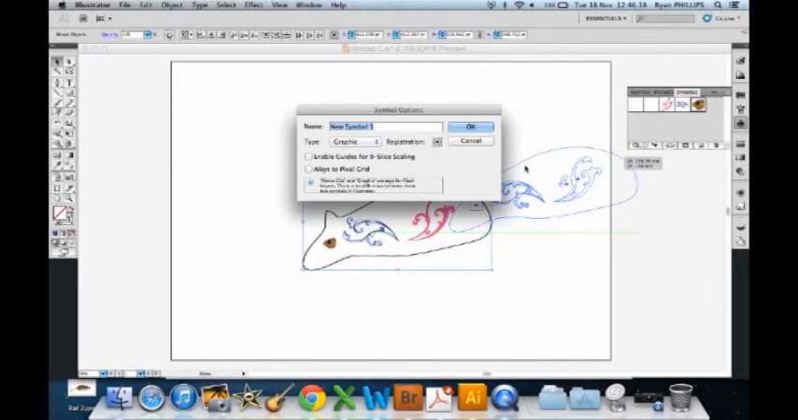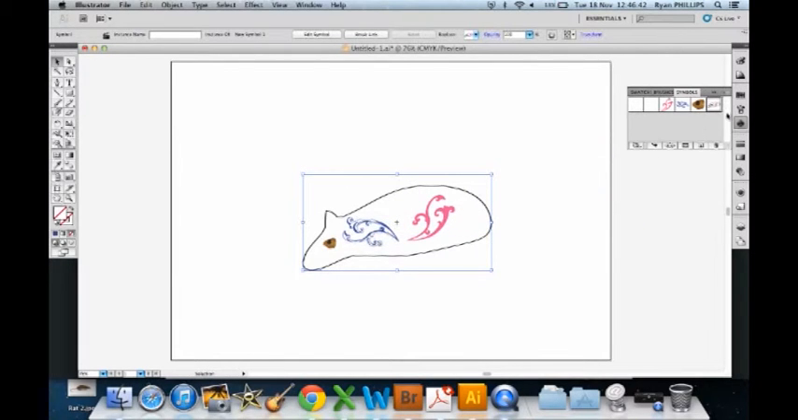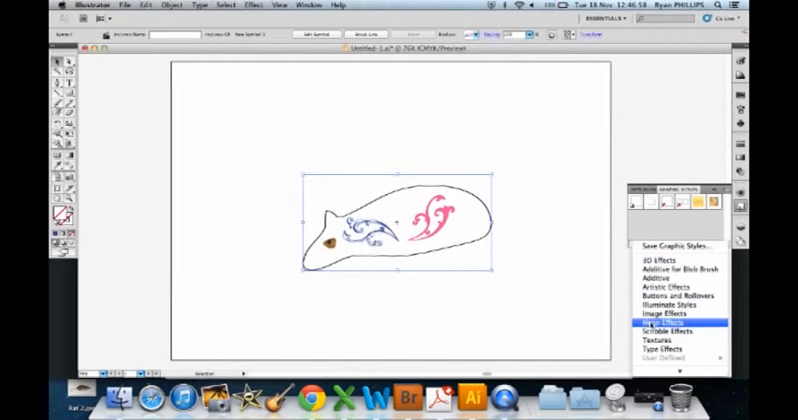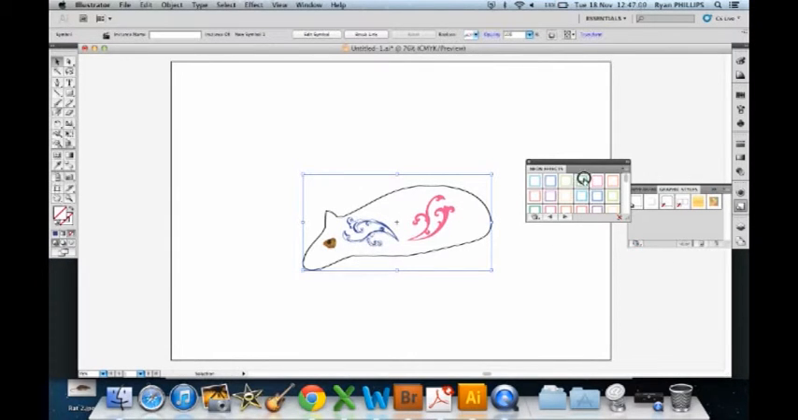This means that the whole symbol will act as like one path, however. So like when I apply an effect, it will change everything on it. So if I go down to graphic styles, and then I go down to the presets and neon effects, if I choose an effect,